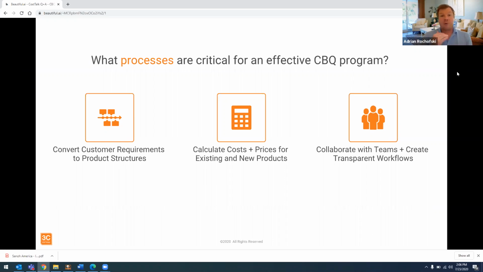We need to have a process around it that in an accurate way calculates costs and prices for existing and new products, as well as have some collaborative workflows